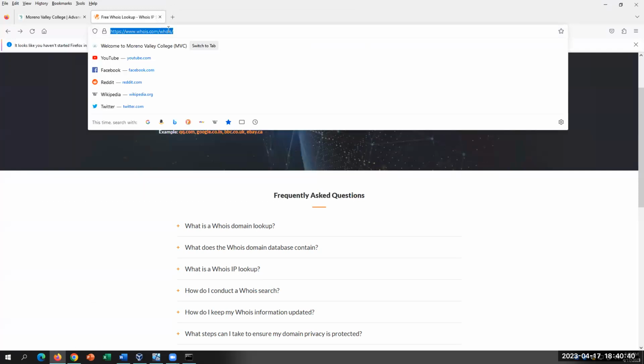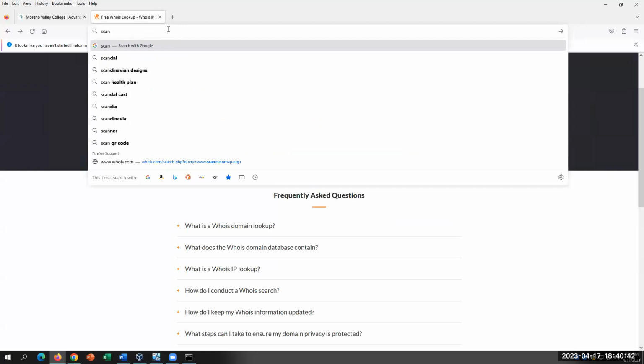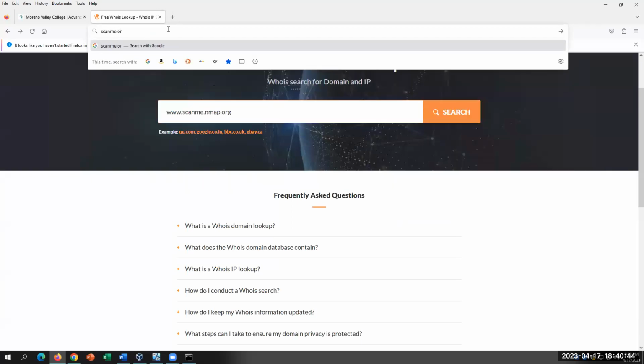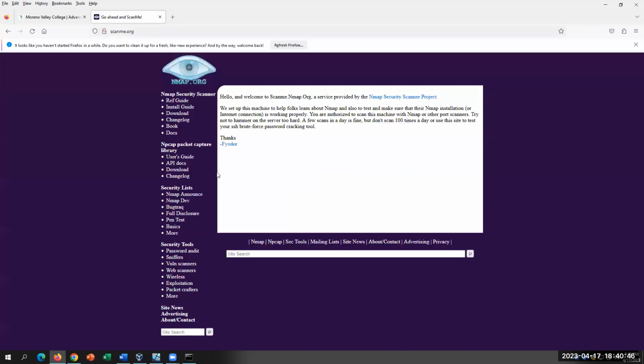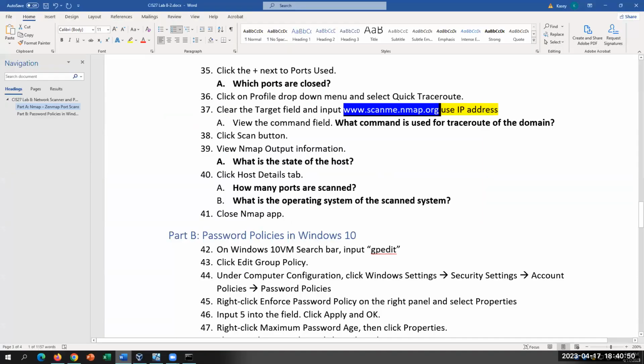Hold on. Yeah, just use scanme.org instead of nmap scanme.org. See if that works. Let's do it like this. Yeah, I think they changed it. Instead of being a subdomain now, it's a